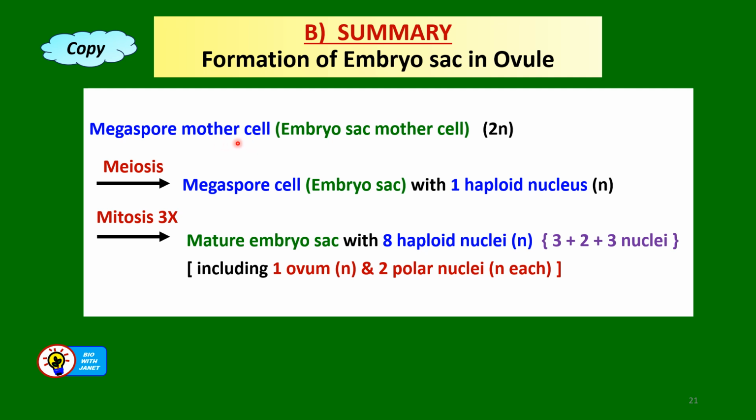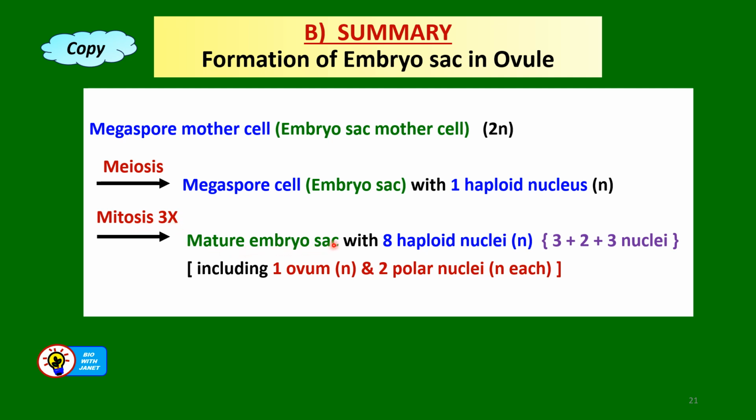Now the megaspore mother cell or embryo sac mother cell in the ovule, which is diploid, undergoes meiosis once to form the megaspore cell or embryo sac with 1 haploid nucleus. So 3 megaspore cells will degenerate and only 1 megaspore cell will develop for each megaspore mother cell that undergoes meiosis. After meiosis, the megaspore cell will grow and then it carries out mitosis 3 times to produce